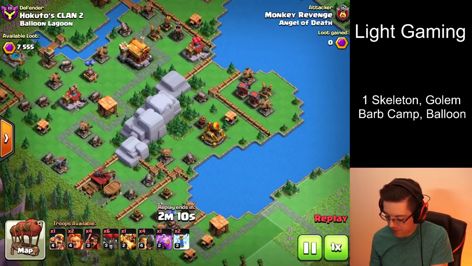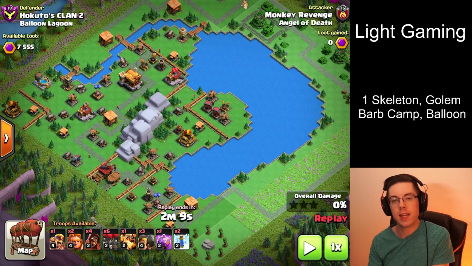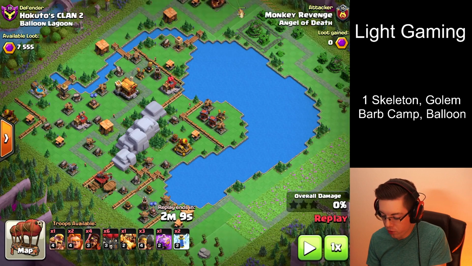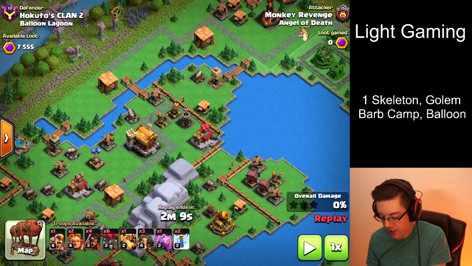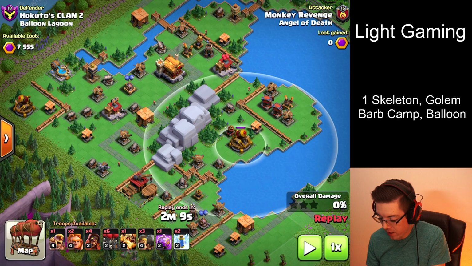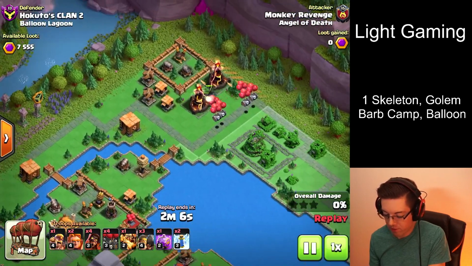And then I tried to do a variation of a one-shot hit for the Balloon Lagoon. I thought this was very similar to the basic layout, as this top section is the same, and the majority of the placements of these defenses are the same. The only difference is they did move some of the defenses around here and around here. So it's just slightly different,